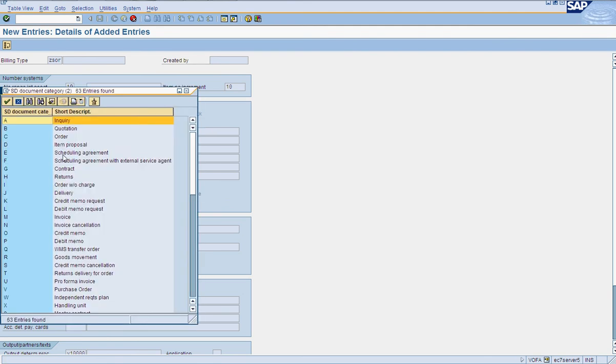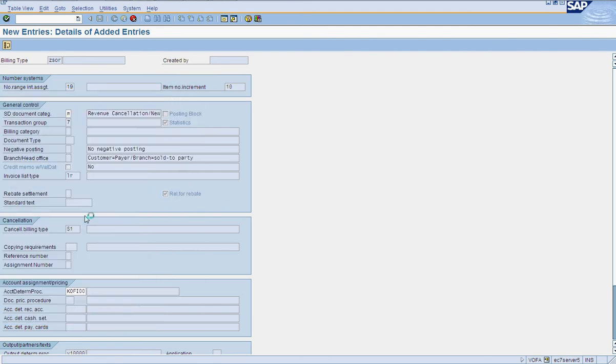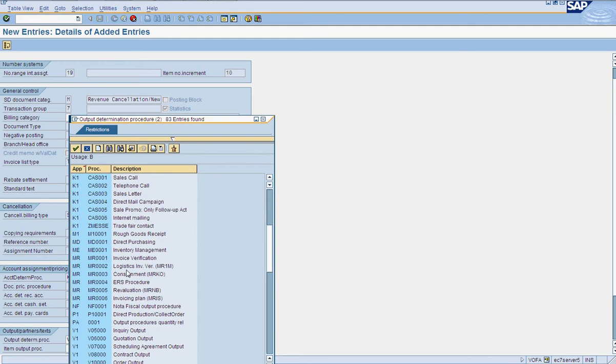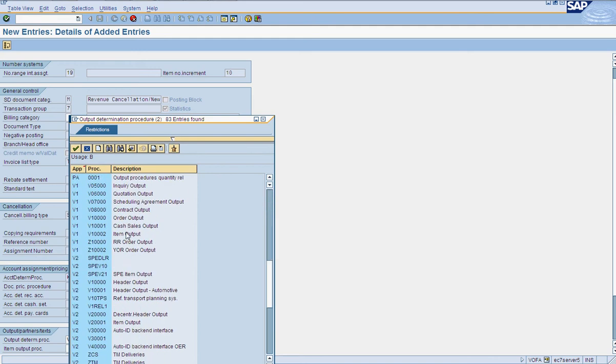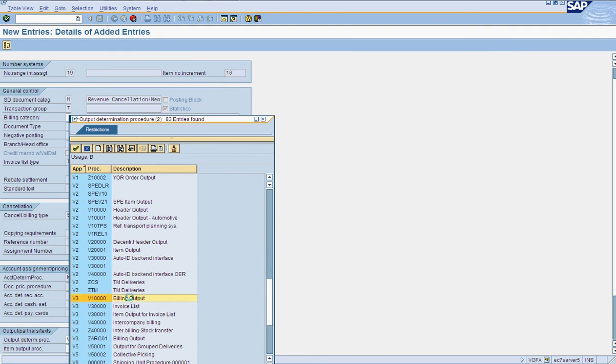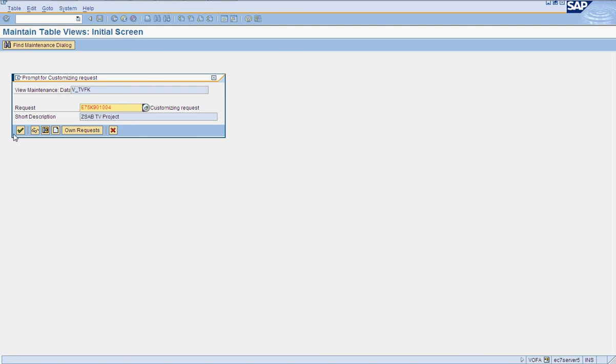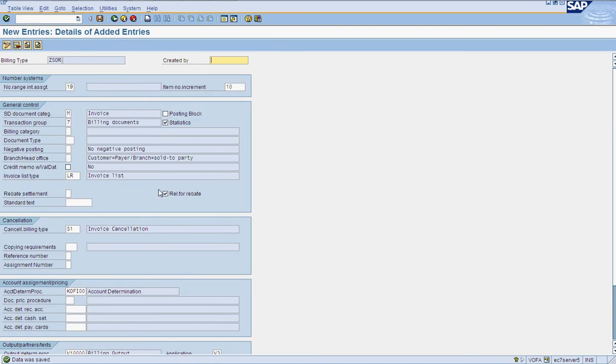Okay, invoice, that is fine. It says it does not exist. Let's see what exists. So we have created our billing type.